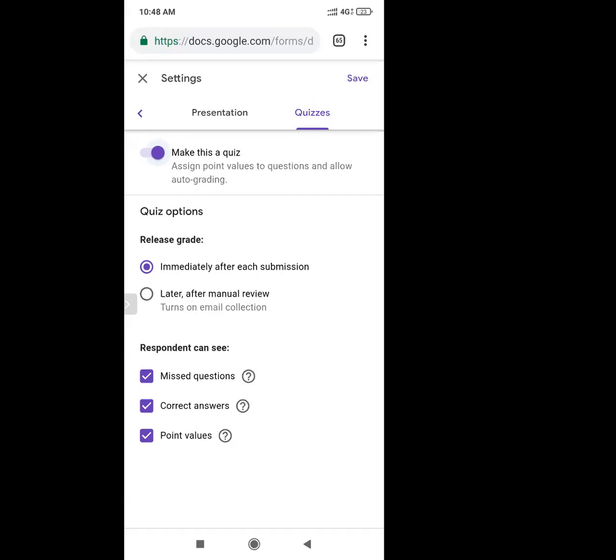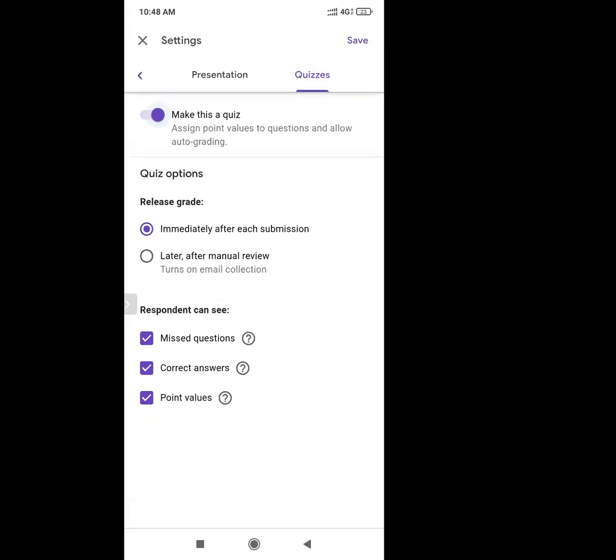Now you can see more options are there. Release grade means that after submitting the response, participants can see their marks immediately after each submission. Means उन्होंने submit किया, उनको तभी marks दिख जाएंगे.